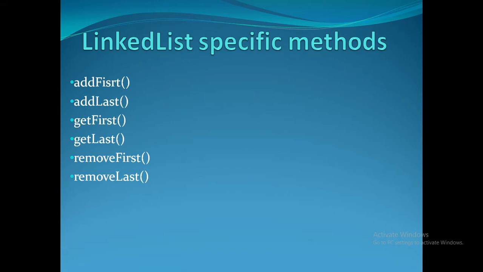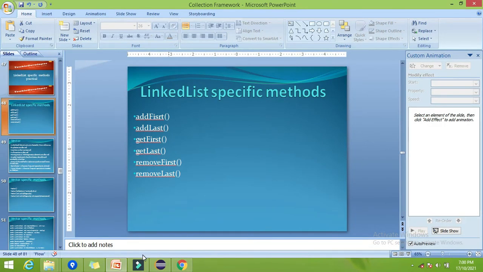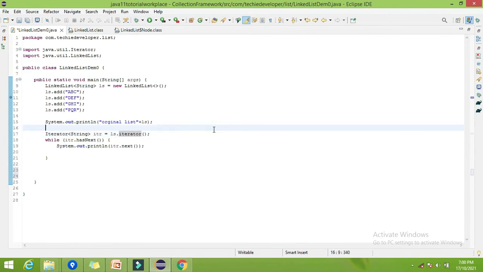Okay, so here you can find I have created one linked list, given the name as ls. I have added elements A B C D E F G H I and P Q R. Sorry, I have added four elements inside this list. Now, what are the features of the linked list? The order in which we insert the elements, we should get in that order only. That means insertion order should be preserved.